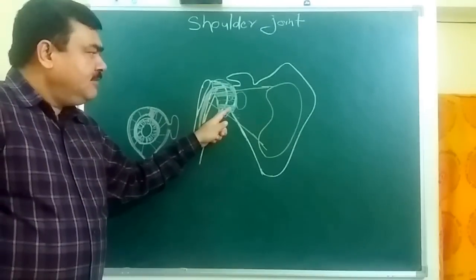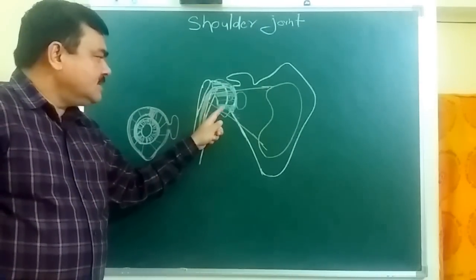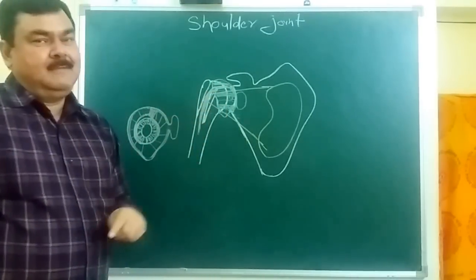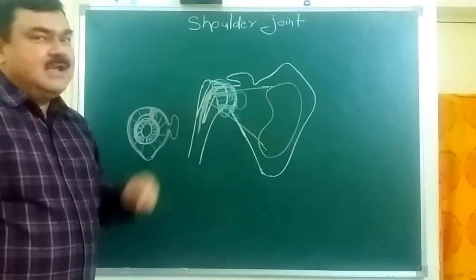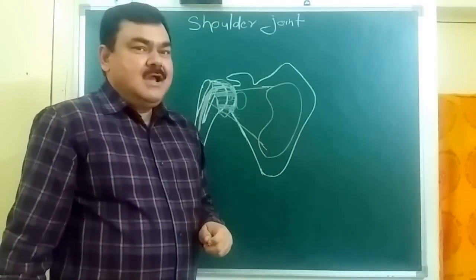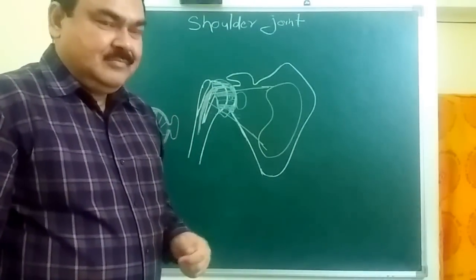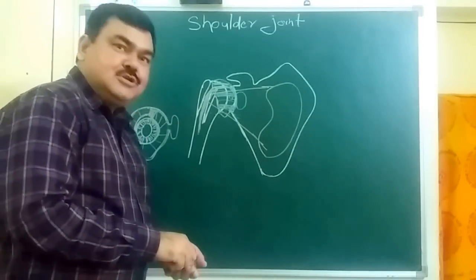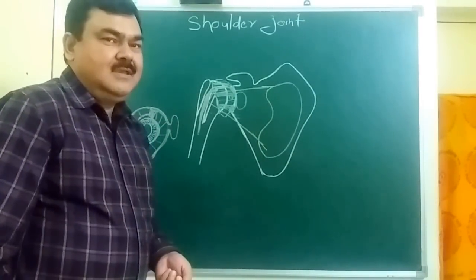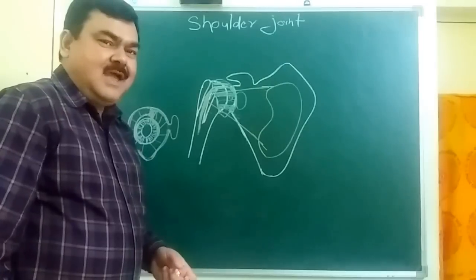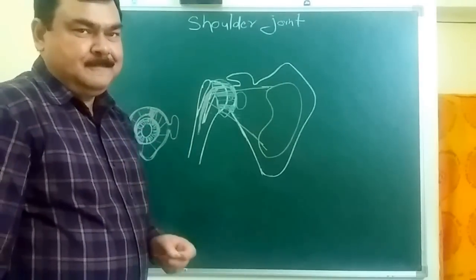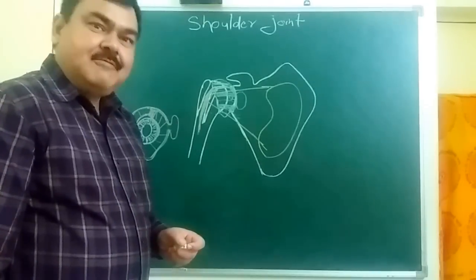Glenohumeral means between the glenoid cavity and humerus. Superior, middle, and inferior. So by these 3 ligaments, it becomes strengthened anteriorly. And it is also surrounded by a cuff-like structure, that is the rotator cuff or musculotendinous cuff, which cuff is formed by